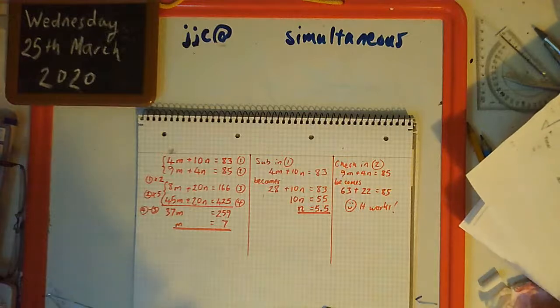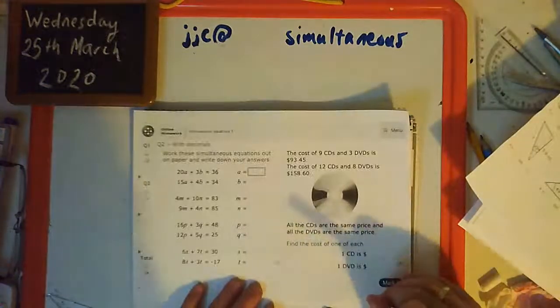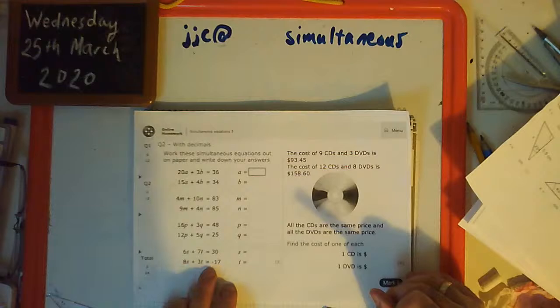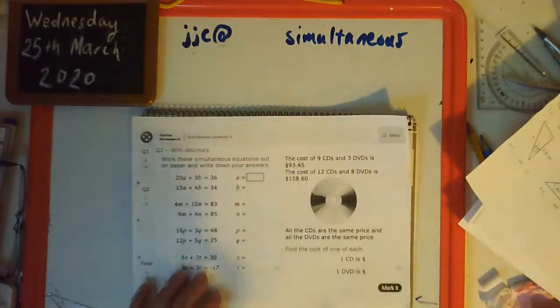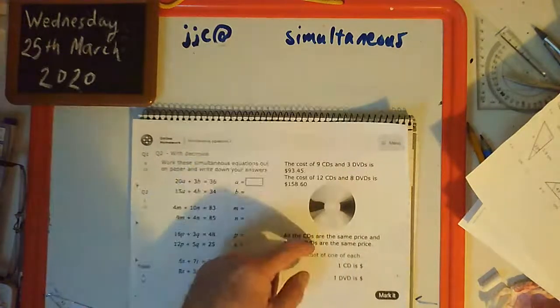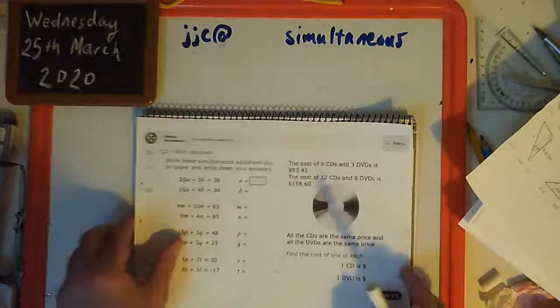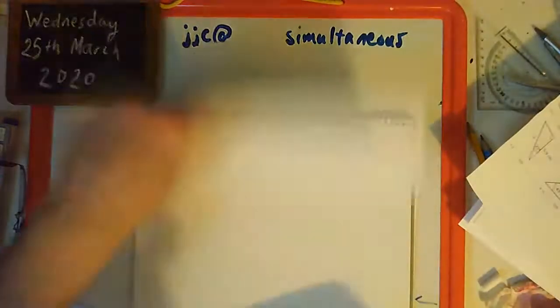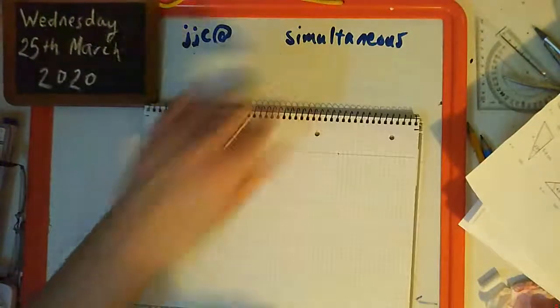Okay, the last one on here has got some minuses in, but with minus, it's just a case of being careful and tracking everything. I'm going to do this word problem, and then I'm going to go on to trigonometry. So this word problem says that